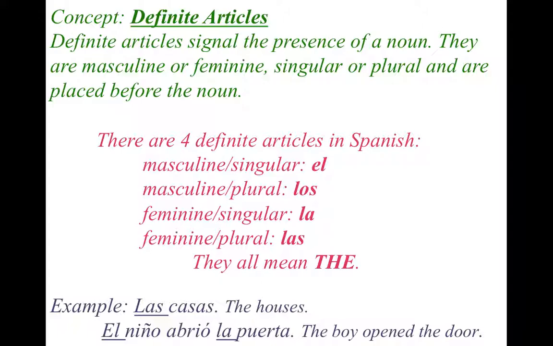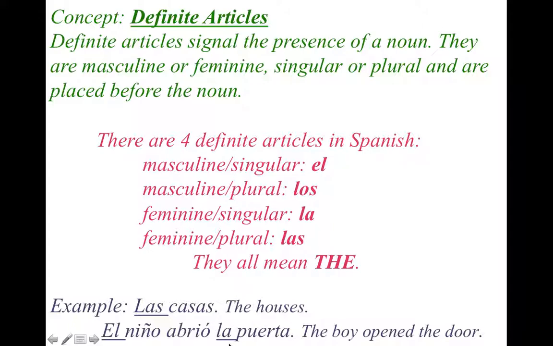The boy opened the door. Notice there are 2 definite articles in there, el and la, as well as conjugation and some extra vocabulary. So that would be an appropriate example for some of the higher levels. So keeping that in mind. And that's it. And so when you're doing your written copy, your presentation, this is the structure I'm looking for. A brief explanation for the concept, all the necessary information, and of course, 1 example.